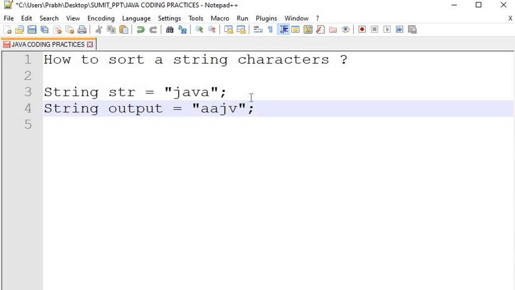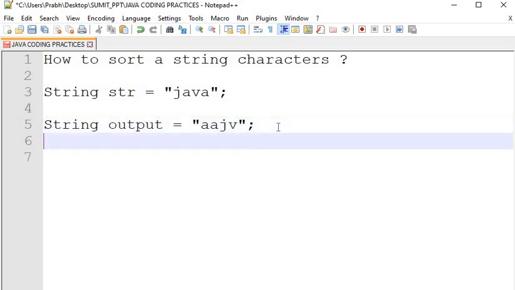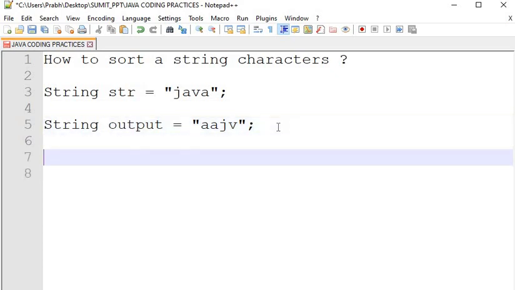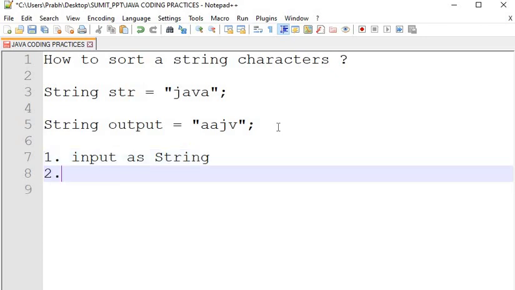Okay, let's start to write the code. First, what we will do? First, we will take input as string, and next step we will split this string into character array.